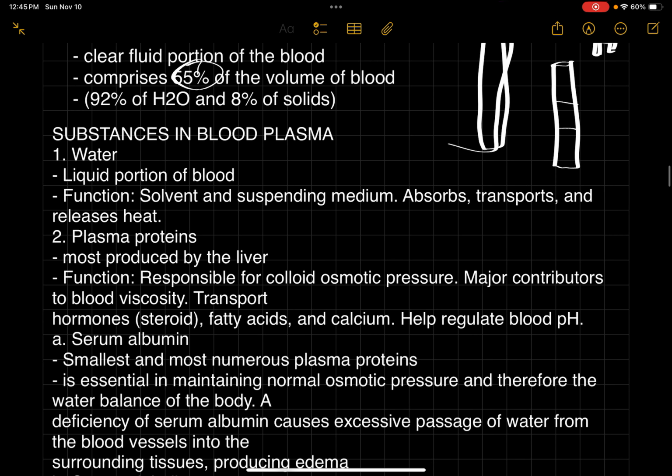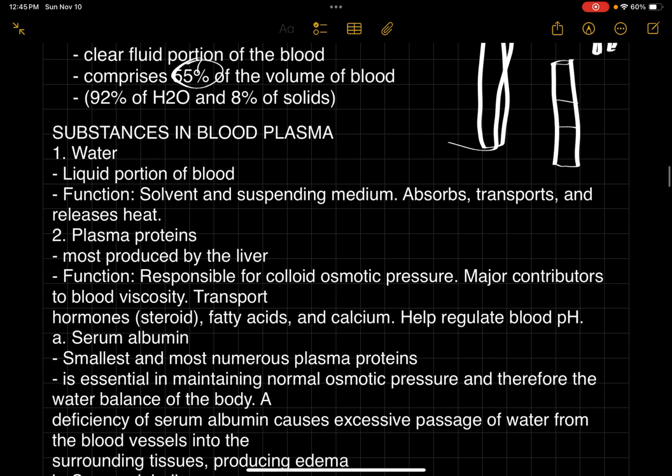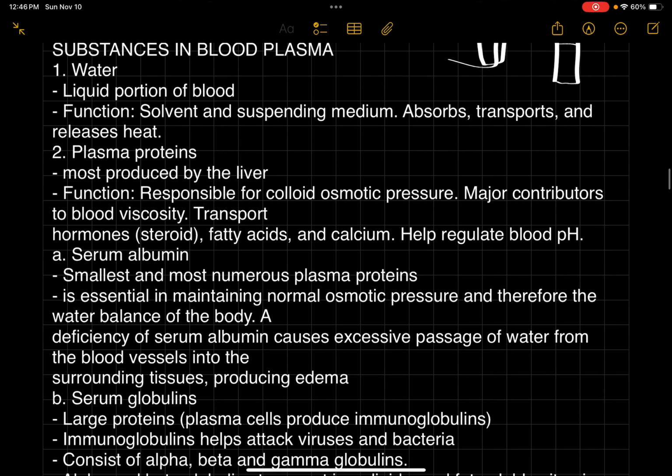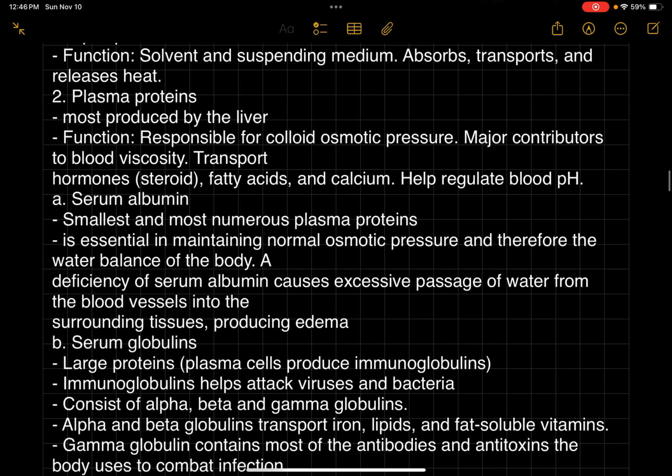Substances in blood plasma: water, the liquid portion of blood. Function: solvent and suspending medium, absorbs, transports, and releases heat. We have plasma protein, most produced in the liver. Function: responsible for colloid osmotic pressure, major contributor to blood viscosity, transports hormones, fatty acids, and calcium, and helps regulate blood pH. We have serum albumin,